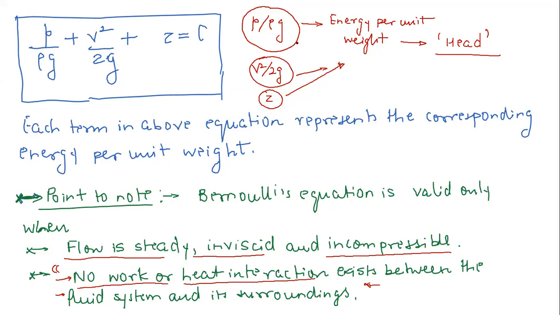First of all, remember that this is an ideal equation. It cannot be applied to real situations as it is; if it is applied to real situations, it has to be modified. So let us go to the next slide and discuss this. For this form of the equation, I have assumed that there is no work or heat interaction between the system and the surroundings.